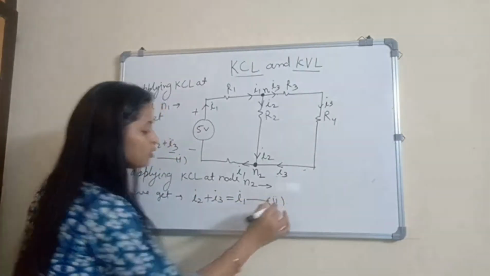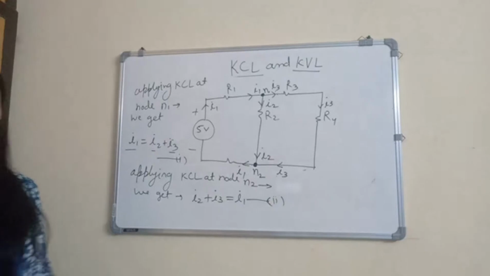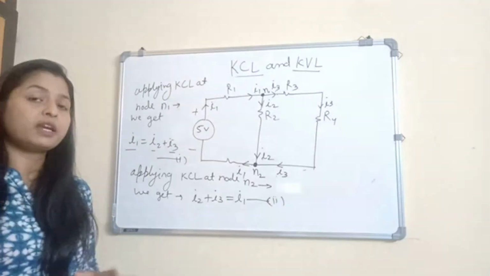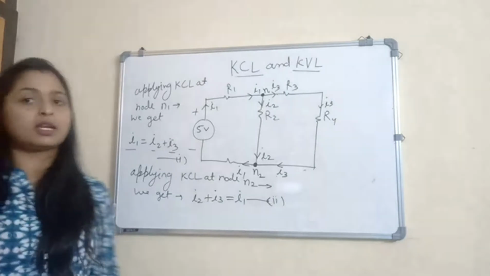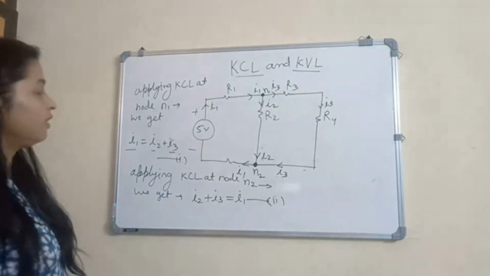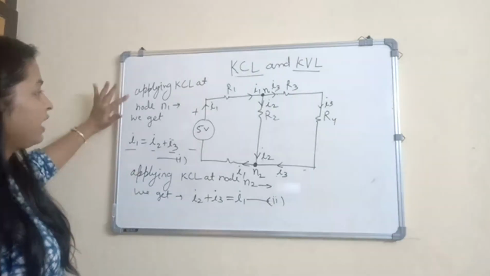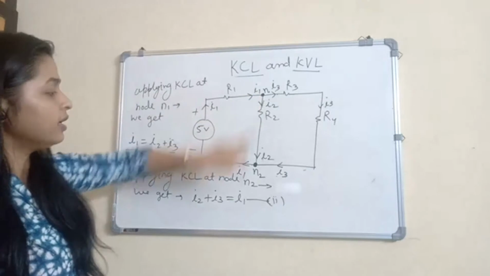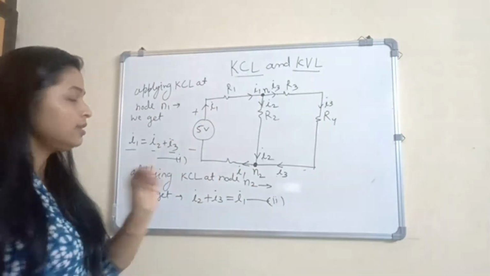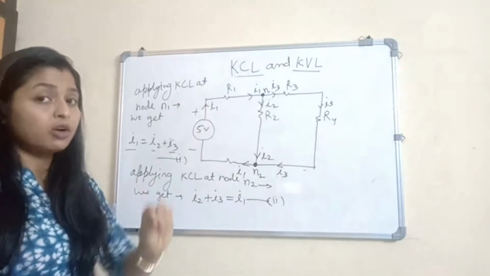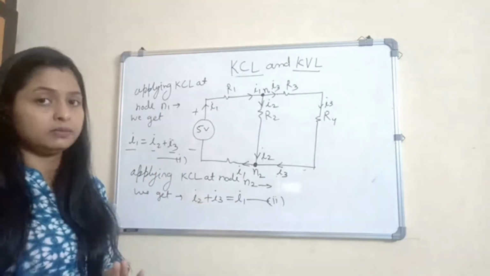There are many methods to solve such equations, but we'll see the most effective and versatile generalized method, which is known as Cramer's rule. We'll see it after these KVL cases. So in this way, we can apply Kirchhoff's current law here and here. So what is the significance of Kirchhoff's current law? This says current cannot be dropped at any point.